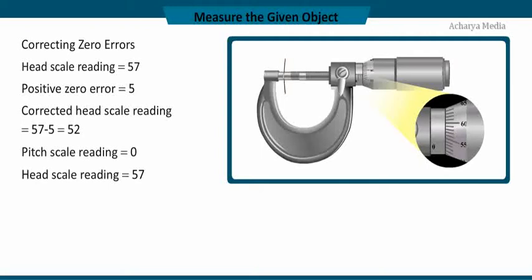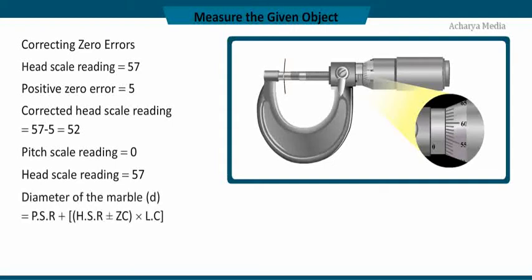To find the diameter of a wire, multiply the corrected head scale reading CHSR with least count LC and add it to the main scale reading MSR. Thus, we have D, the diameter of the wire, equal to PSR plus CHSR into LC, where PSR is pitch scale reading, CHSR is corrected head scale reading, and LC is least count. Thus we find that the diameter of the wire D is equal to 0 plus 52 into 0.01,